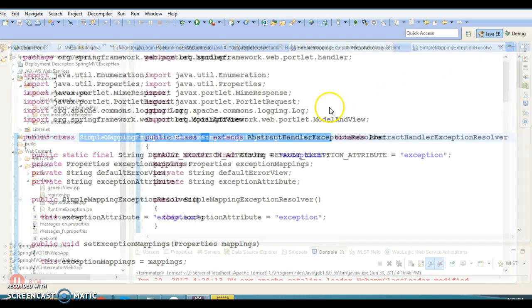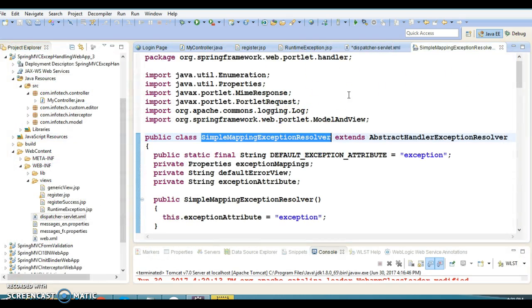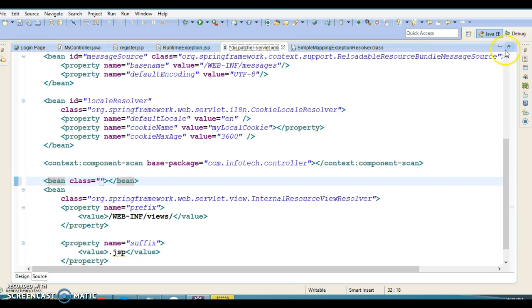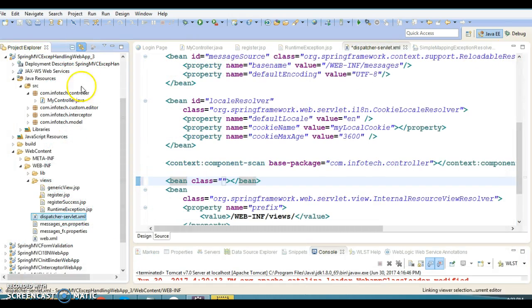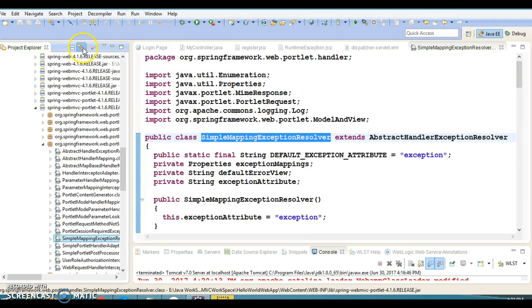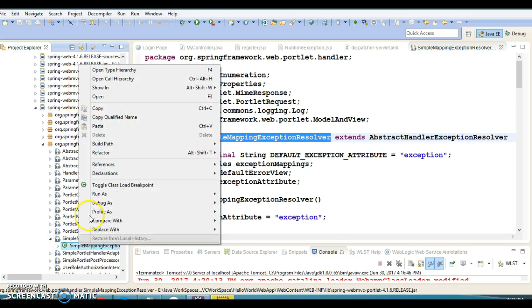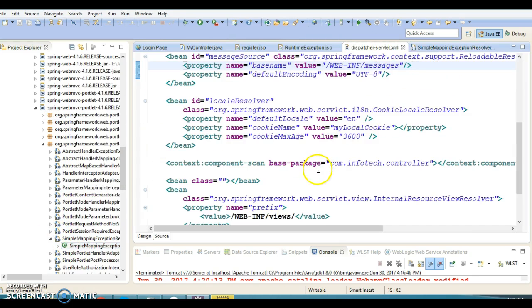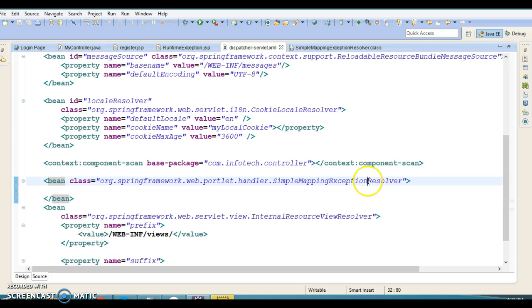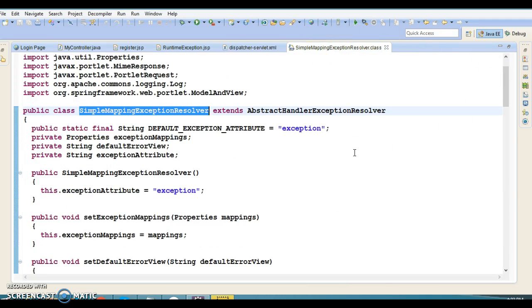right? So basically we are going to adopt the approach by configuring this resolver class in our configuration file itself for the exception handling. So let's copy this class with the qualified package name. If you go to this class, let's try to copy the qualified name of this class, bean class. So copy this qualified name, and let's configure this guy in the configuration file. And if you go to this bean class, this bean class has a couple of properties that we'll have to configure. So first property, you can see,